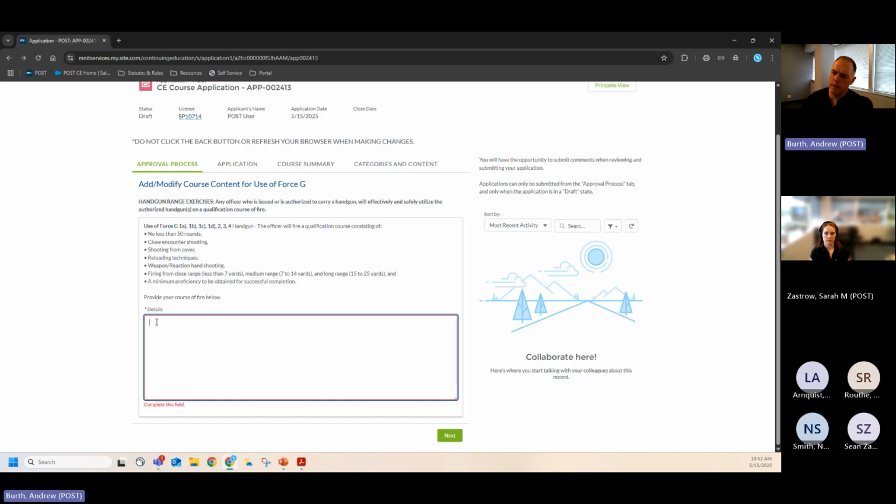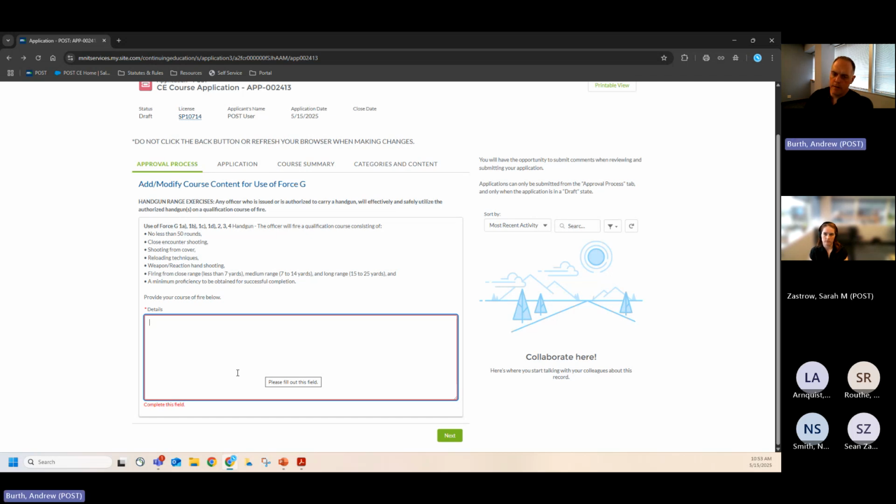So contact shooting, 3 yards. Then we're firing from 5 yards, moving back to 10, and then going to 25, and then we're going back to 50. And let's say within that medium range where you're at 15 yards, we're doing,